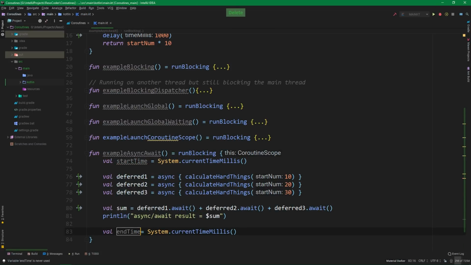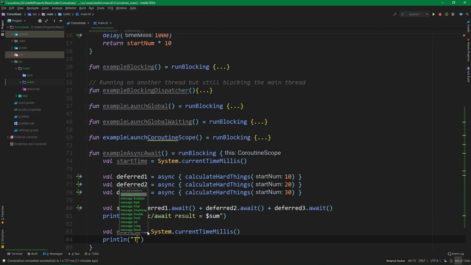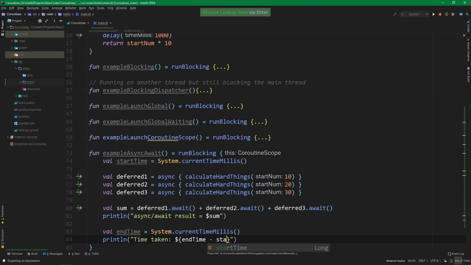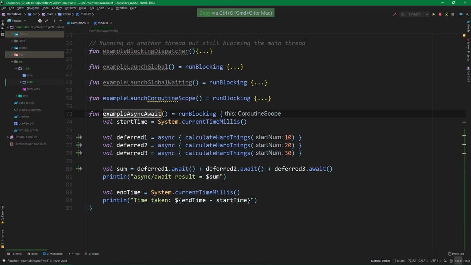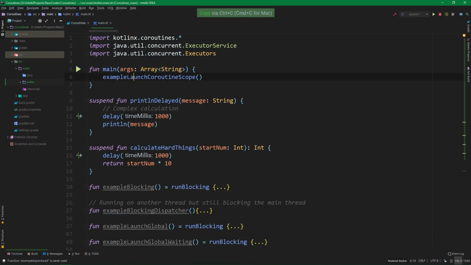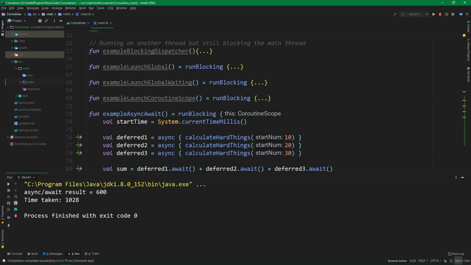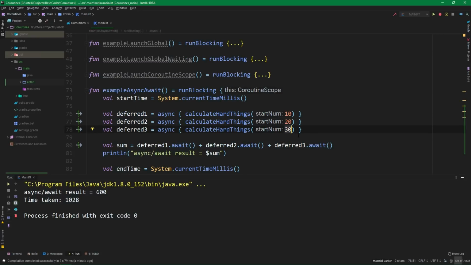And I'm going to print line saying that time taken to execute this whole function is end time minus start time. So now let's copy the name of this function and paste it above in main, and let's run our code now. And we get async await result is 600, but more importantly, the time taken for this whole